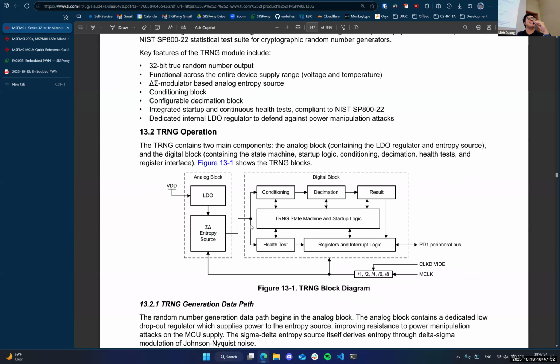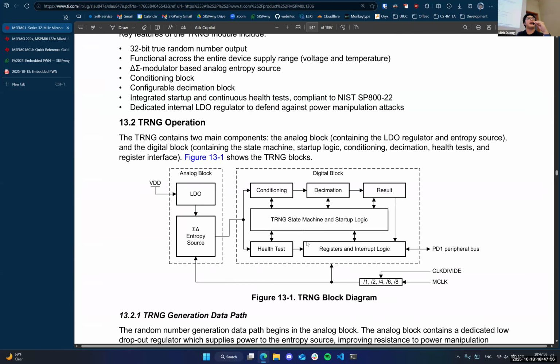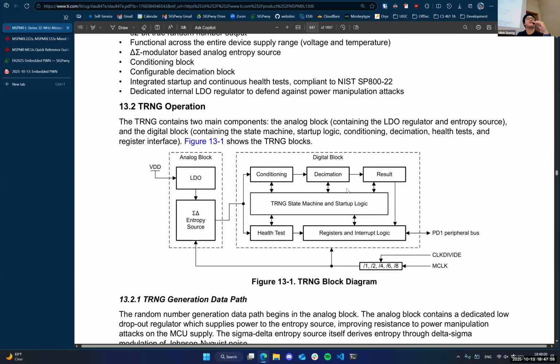Aptly named. And yeah, you can see here how it has some logic, getting the values from the entropy. There's a health test. This is actually really crucial, right? Because